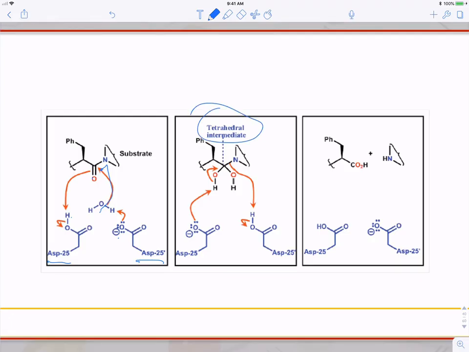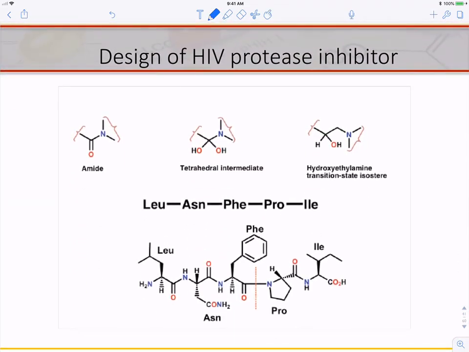We form this tetrahedral intermediate, which is symmetric, and that should remind you of what we have seen in previous modules. And then in the end, we have passage of a proton from the aspartic acid here to the amide, resulting in this component, and at the same time deprotonation of this second alcohol moiety and creation of the carbonyl group. So when people started to think about protease inhibitors, what they looked at was the